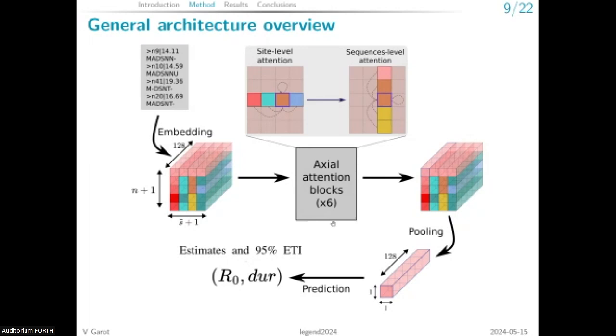We embed it in a tensor. So we have this blue square with 128 dimensions of depth, and it represents, for example, an alanine, and they just removed all the constant columns. So when we don't have any mutation through all the MSA, we just discard this site. Then we transform it to give another embedding with exactly the same size, and we try to pull one feature and then do a prediction through just an MLP or fully connected